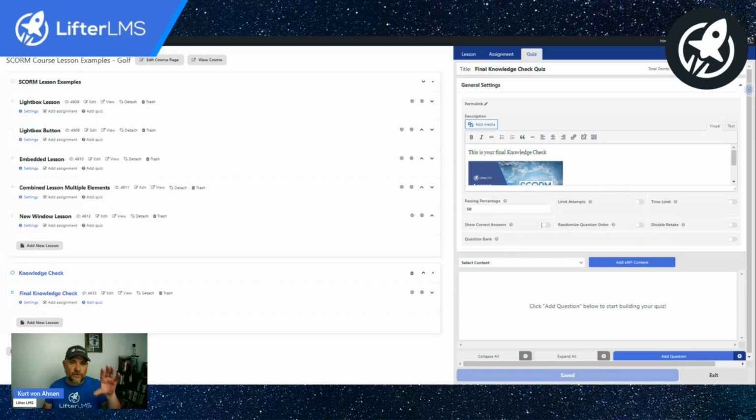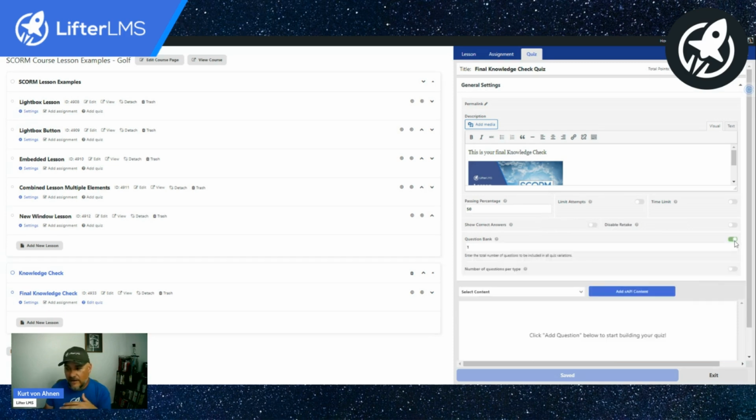For each course, you're able to create a question bank for each of these lessons. So let's say you've got a high volume of questions. You've got 100 questions, but you only want people to take 25 or 50 of those questions at a time. You could completely randomize the question choice out of the 100 and just activate the question bank. So you could go right here, say question bank, how many questions? Well, there's only one so far. And then what